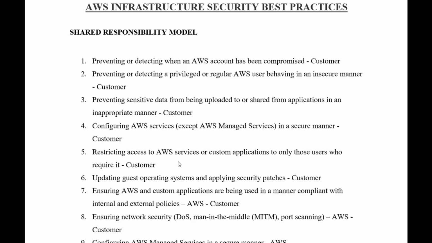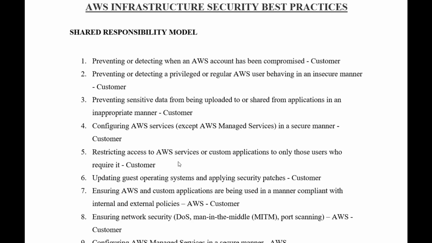So updating, maintaining or applying security patches is also a responsibility of the customer. This is actually not part of an AWS managed service. I'm talking about, as an example, compute instances, which we can manage by ourselves.